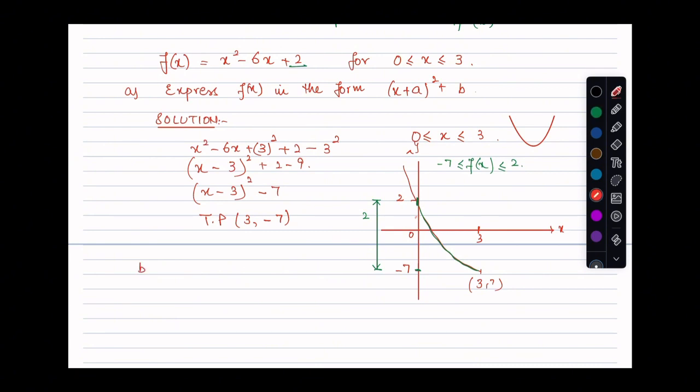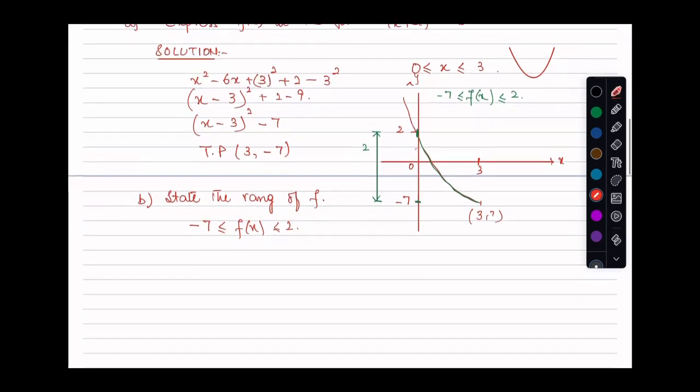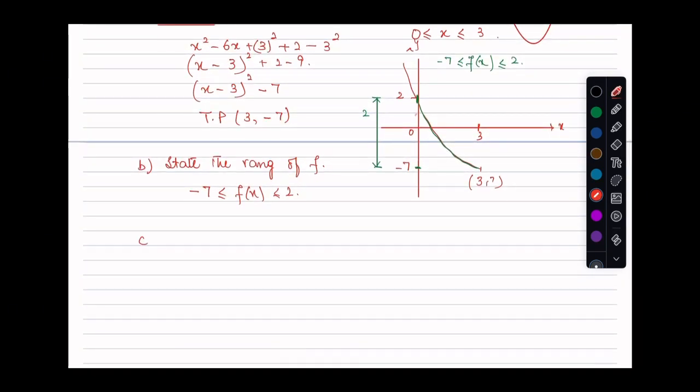So the second part of the question, part B, said to state the range of f. We have very easily found the range with respect to the curve that we sketched, and we know that this range is -7 ≤ f(x) ≤ 2. Now the third part of the question,